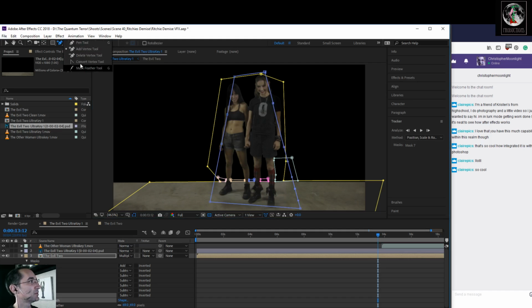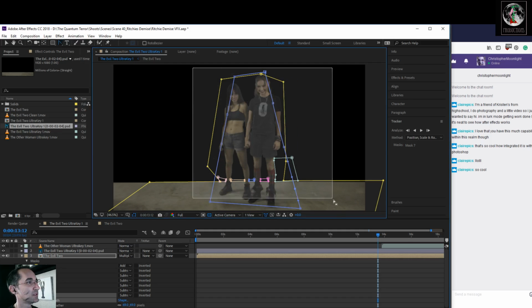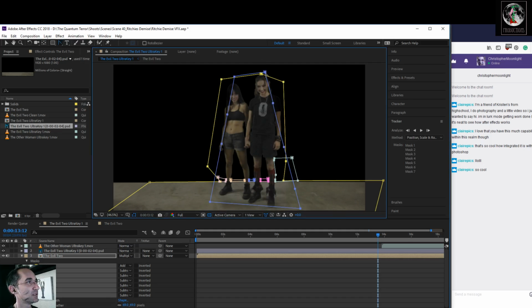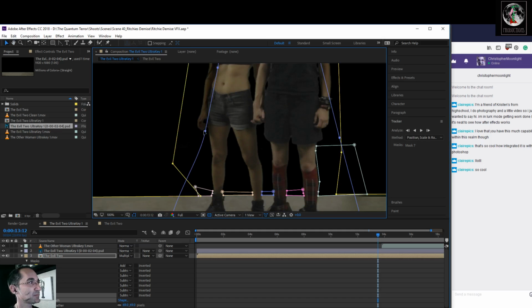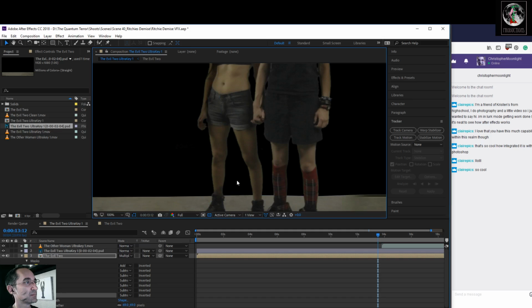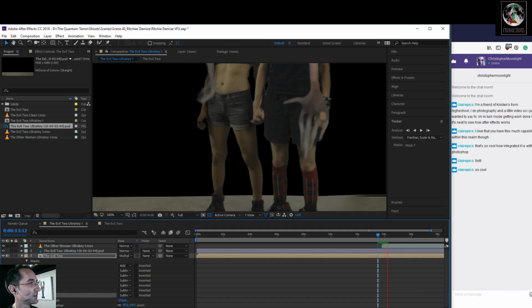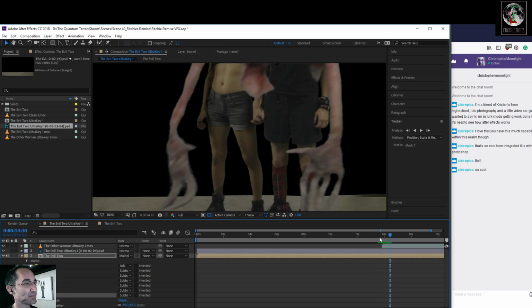And also, this tool here, if you drag it across, you can actually round those off a bit. Oops, what did I just do? Oh, let's play.